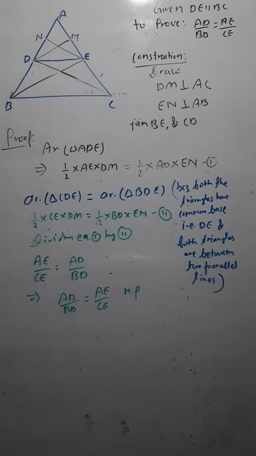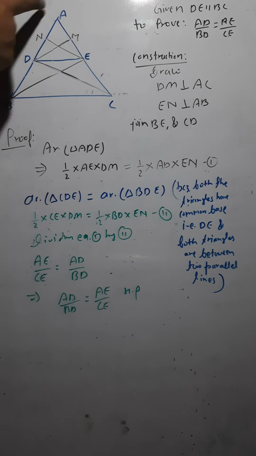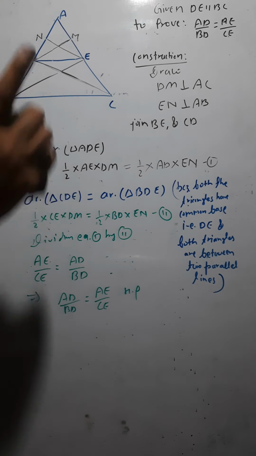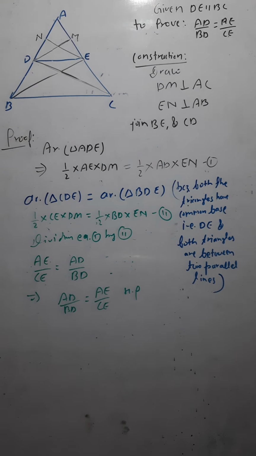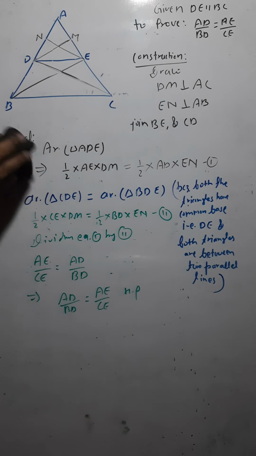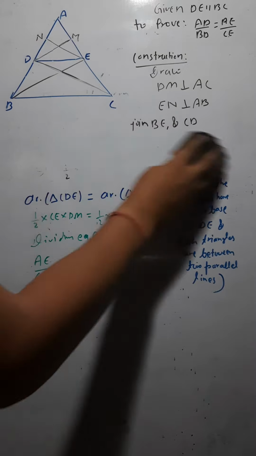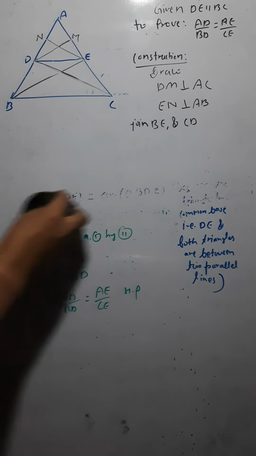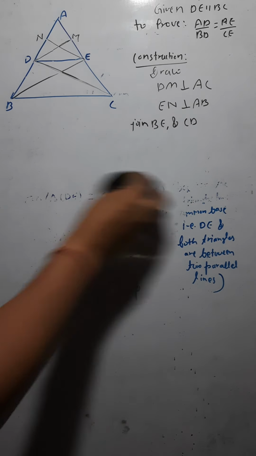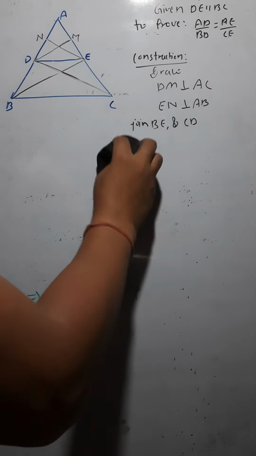Because the Thales theorem can also be written in some other ways. AD by BD is equal to AE by CE. This is the Thales theorem. But I can write this in some other way also. How? Let me write it. Before this, you just note it down. Now let me move ahead. This would remain as it is. From here I would move ahead.